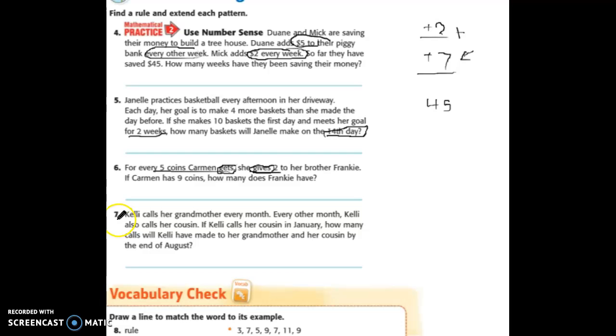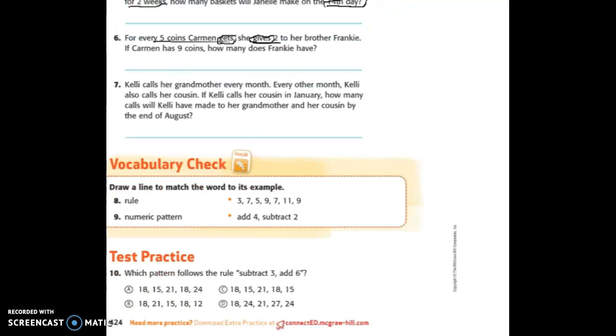And for number 7, you might want to refer back to number 4 because it's a similar kind of problem with the every week and every month and every other month. So it's going to be a similar problem to what you did on number 4. And hopefully that's enough help to get you